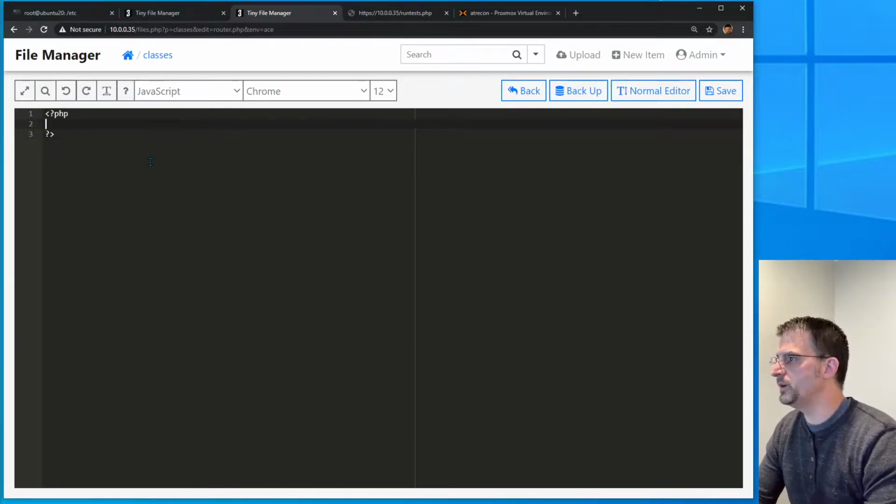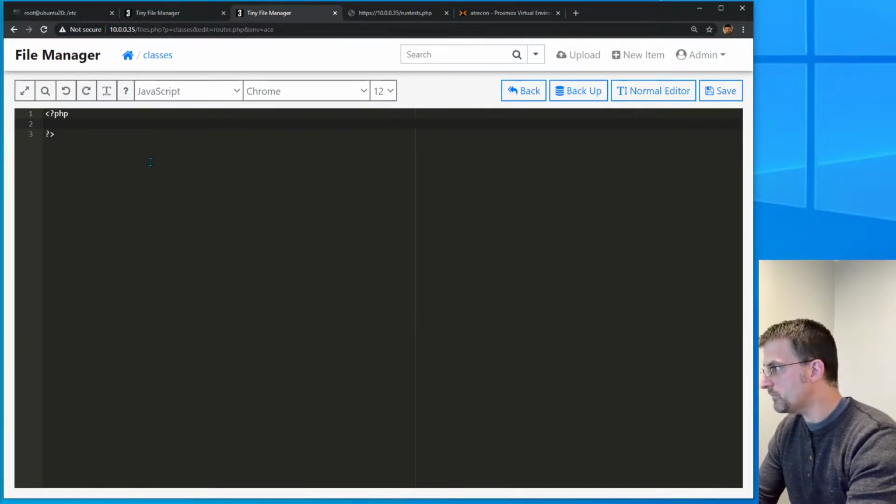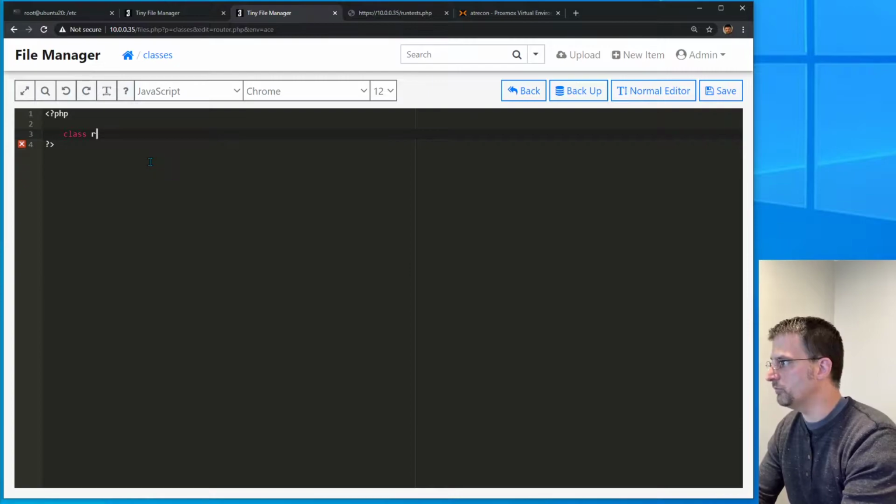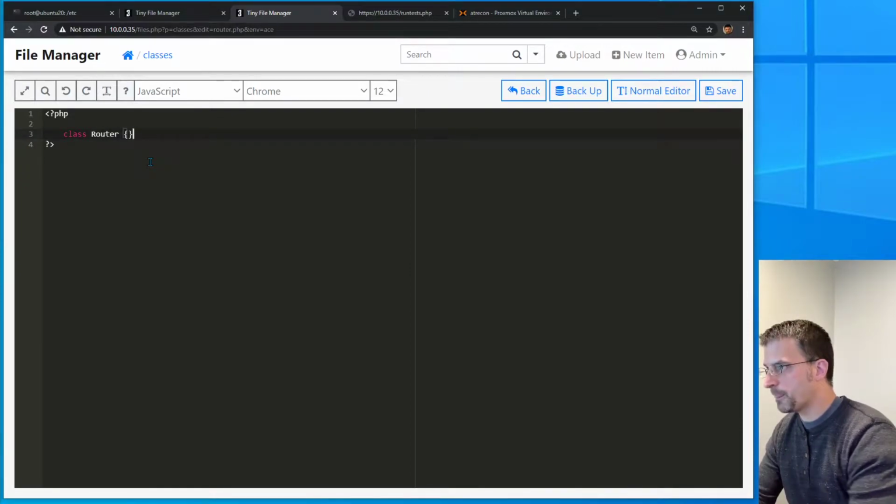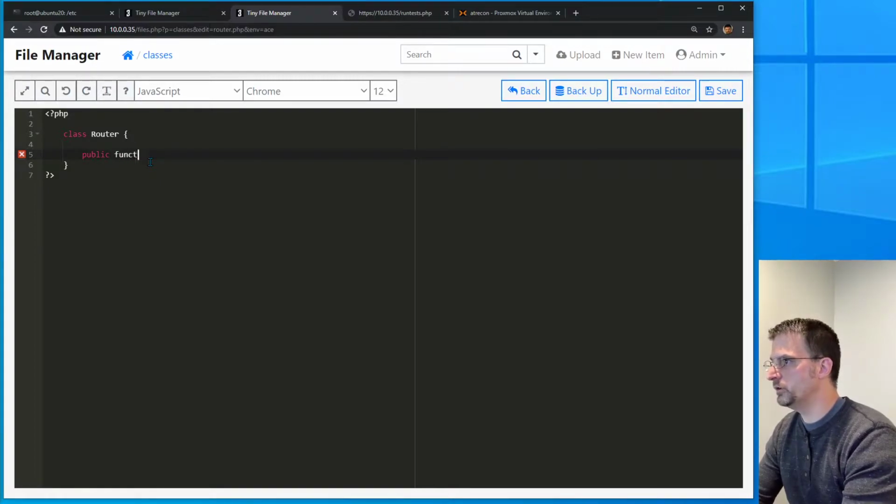So we'll get our PHP tags, and this is going to be called the router class. So class router. Public function